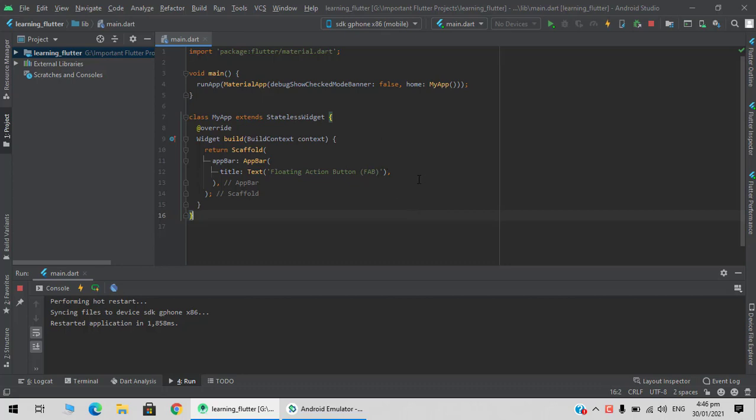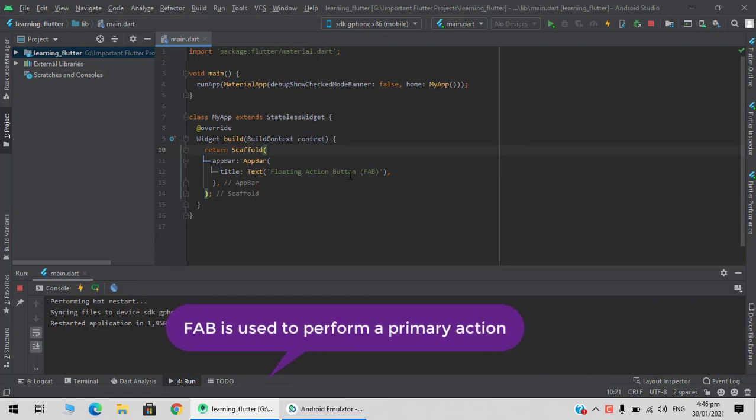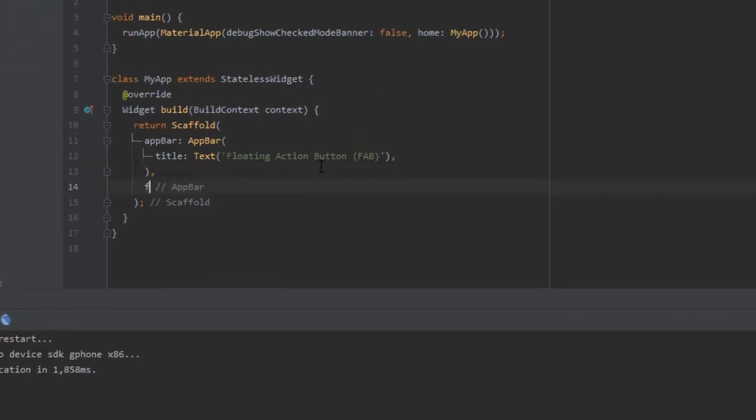So, in this video, we are going to have a look at the floating action button in Flutter. So, floating action button is used to perform a primary action onto the Flutter application, and it's part of the scaffold field. So, how to write the FAB syntax is to, after the app bar, write the floating action button,